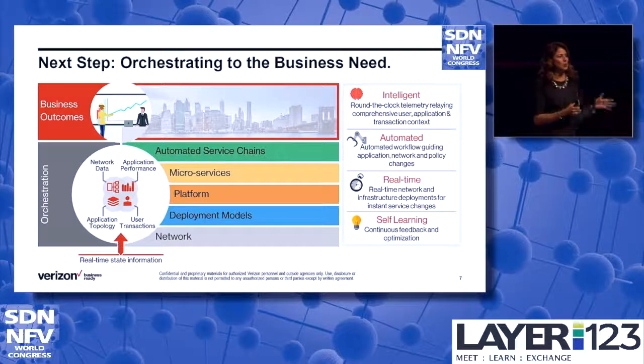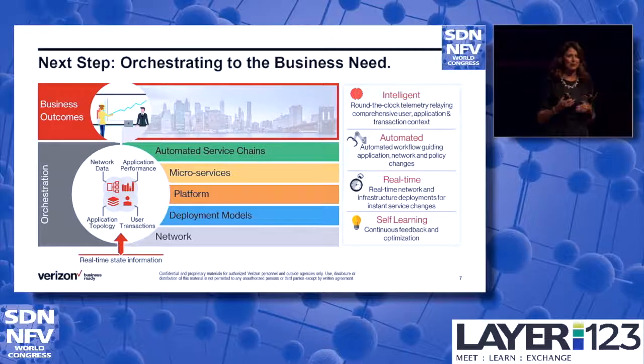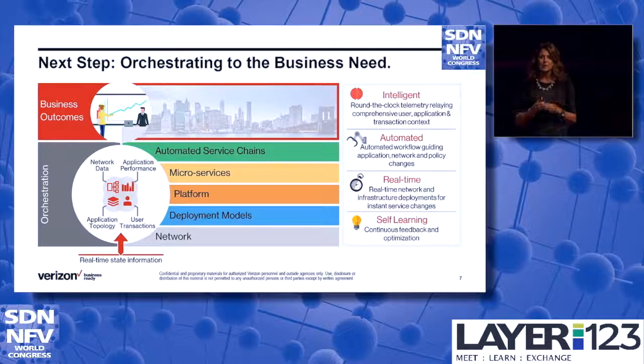So while we can move virtual functions around and evolve to do that in a much quicker and easier way so customers can have their pop-up stores, unless you're dealing with wireless connectivity, you still might have to wait for that broadband circuit or that MPLS circuit or whatever the underlay is to be installed. So figuring out how we have these dynamic networks that are always there, always on, is a challenge for